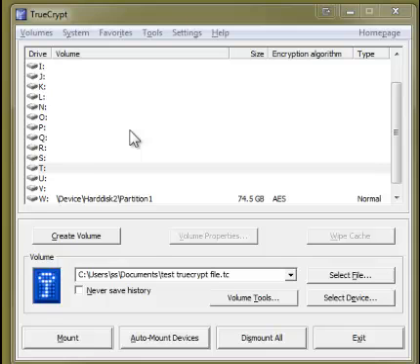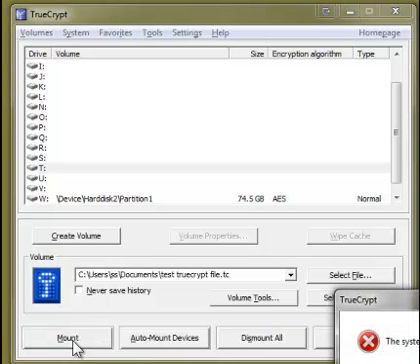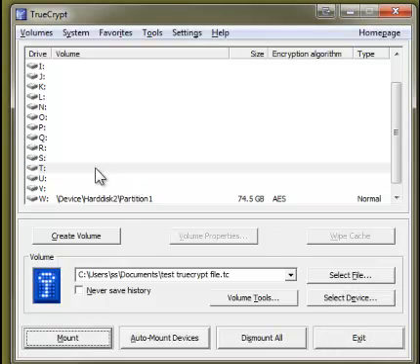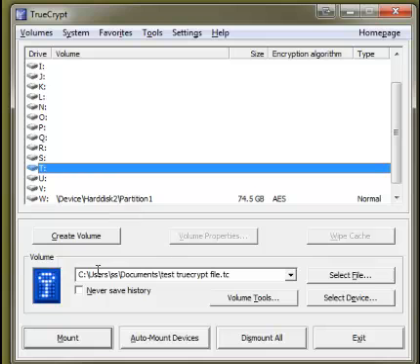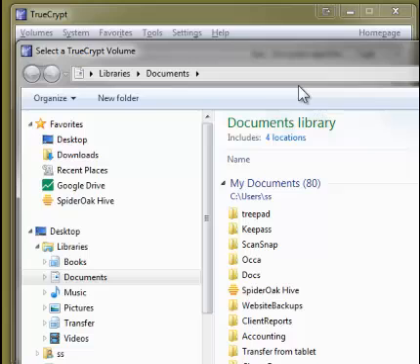Now at this point I would need to mount it. Now I'm going to mount it to call it a drive letter toward the end of the alphabet. I'll do T for test or Truecrypt. I'll hit mount. It says can't do it because it's trying to mount this thing. So I'm going to click select the file, go to my documents,